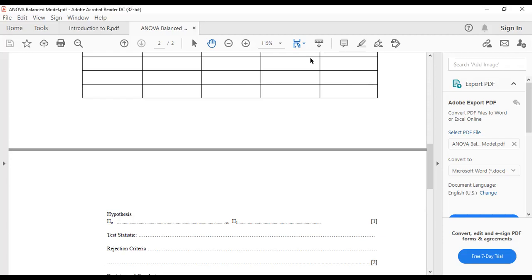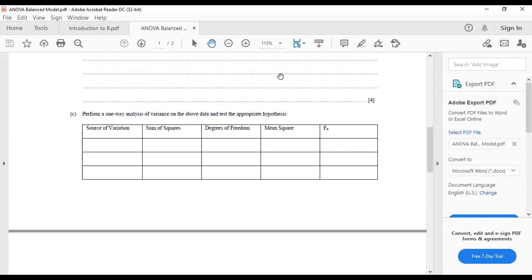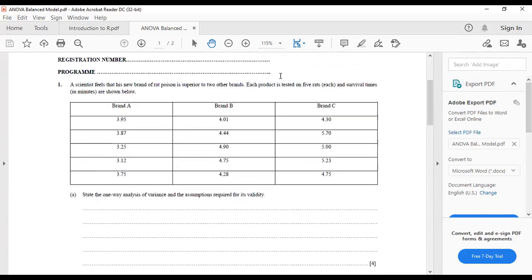So maybe one brand is different from the others, right? Yes, excellent. So how can you assess which one is a better brand? I think that's where we use the least significant difference, LSD. Read the question on top there. It says a scientist feels that his new brand